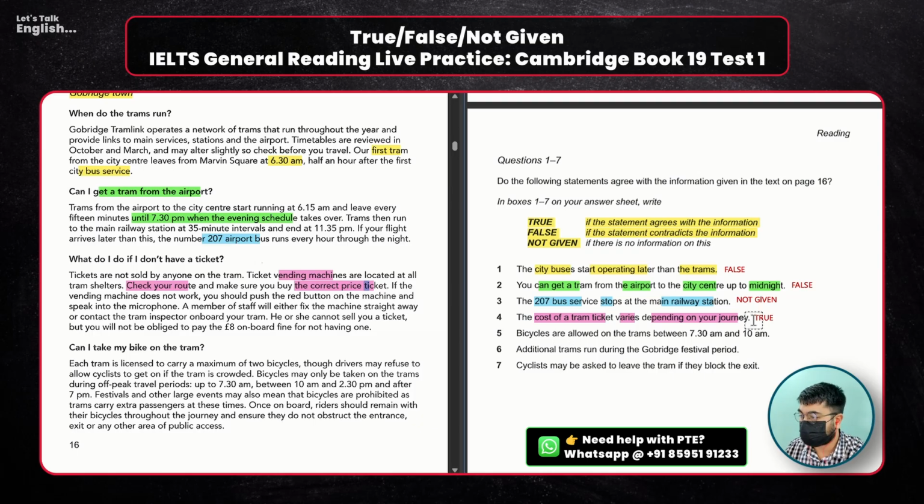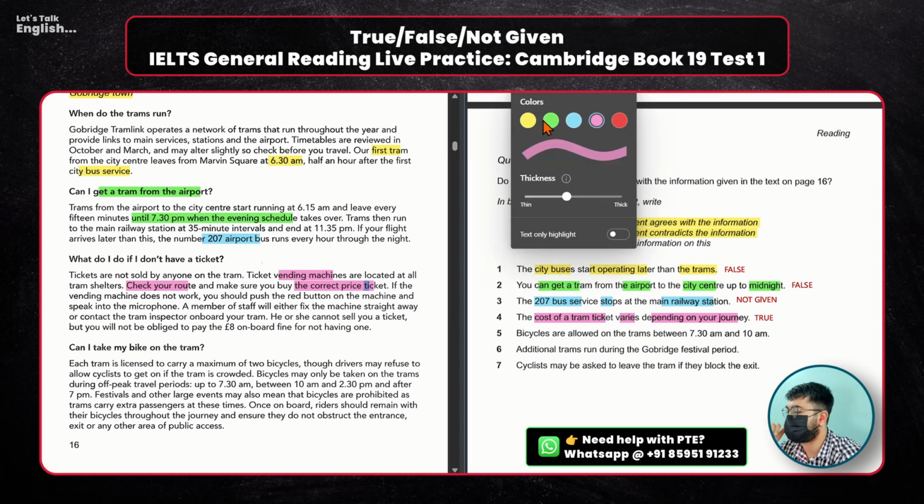Okay, we've got false, false, not given, and one true. तो सारे हो गए. Technically ना, in a true, false, not given and yes, no, not given question statement, always it happens that there would be at least one true, one false, and one not given. The whole cycle is complete. It is also applicable for yes, no, not given.